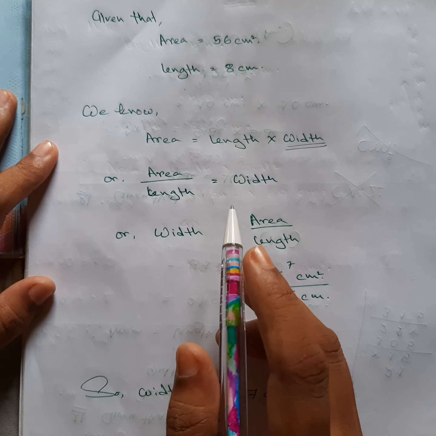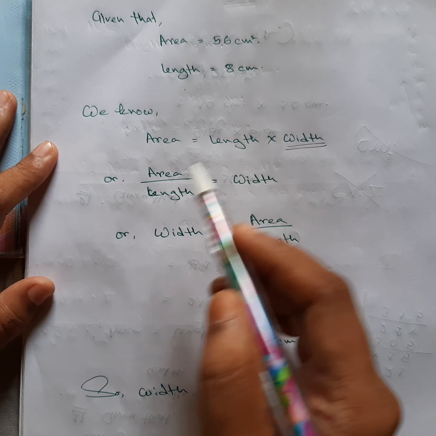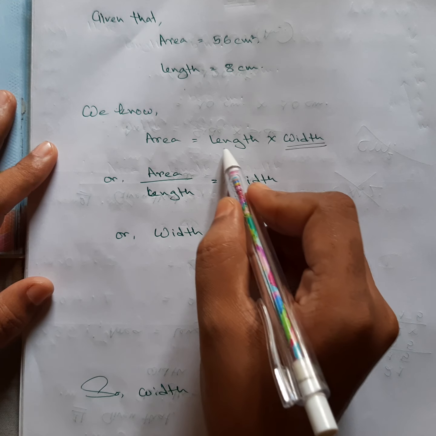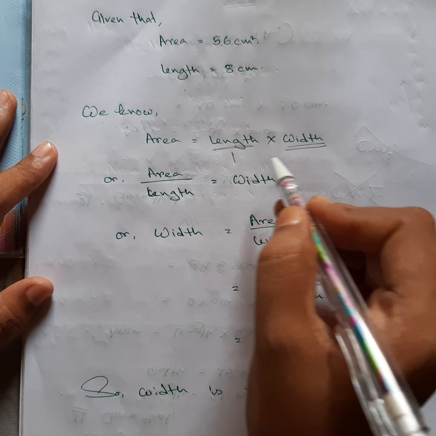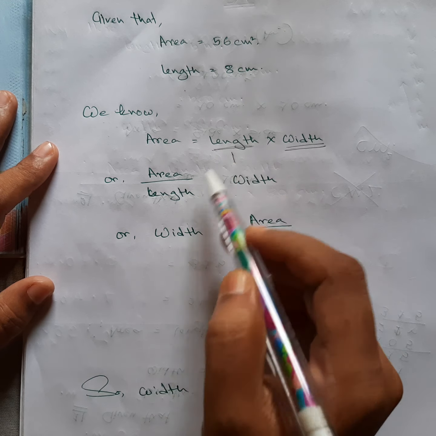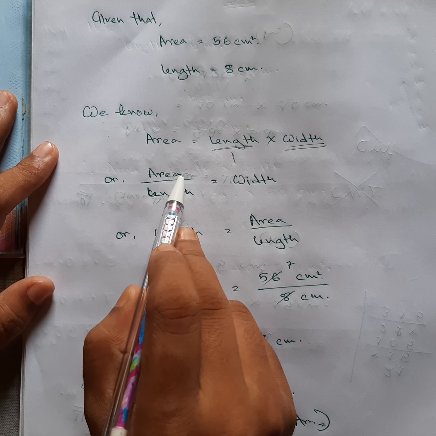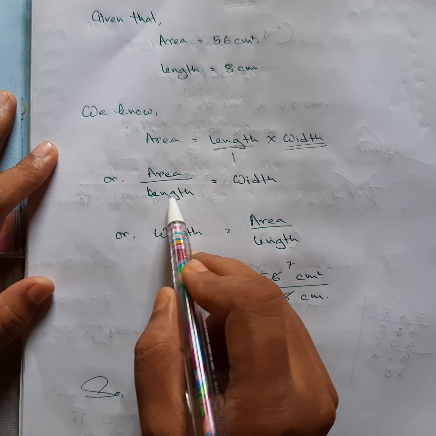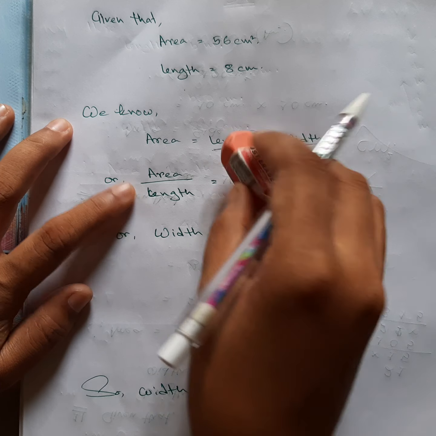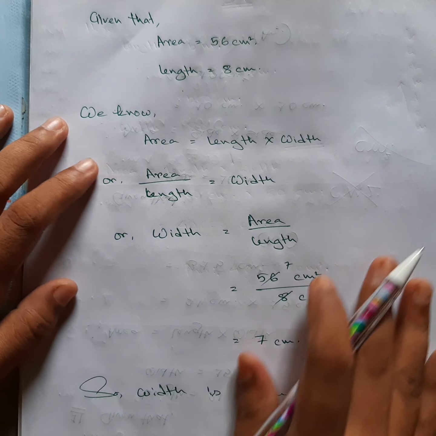Remember that this is another rule. Length will be coming to the other side, but it was a multiplication condition. If you think of it like a numerator and a denominator, and if you change the side, then it will become a denominator. Area was already on that side, so it will be on the top, and the length is a denominator, so it will come down right after area. Something like that. You'll get to know more about this in class 5, so don't worry, just follow that.